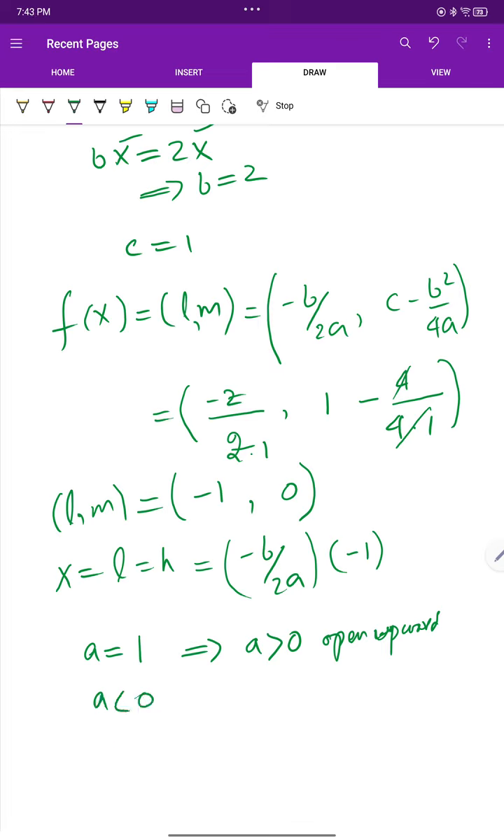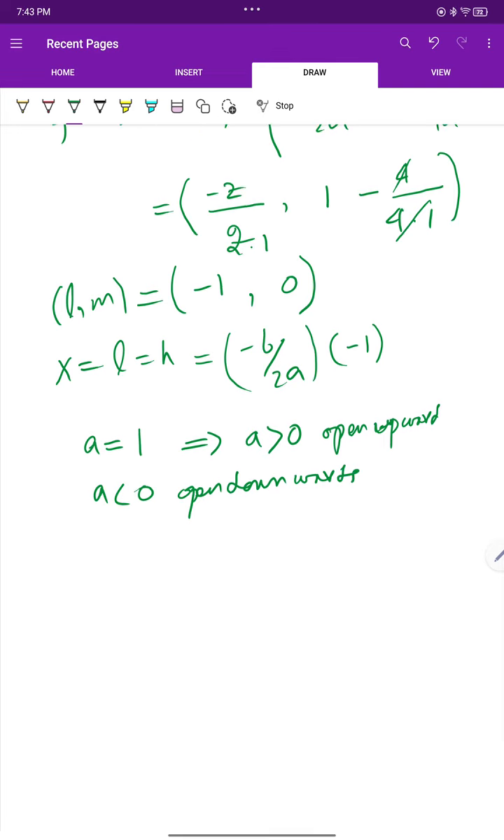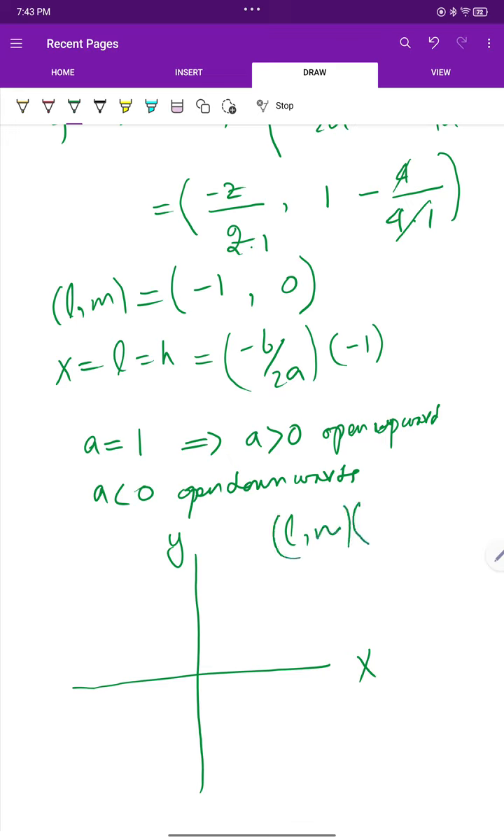If a is less than 0, the parabola will open downward. So if you go here, this is x, this is y. So what value of L and M, the vertex of the parabola, we have from here is